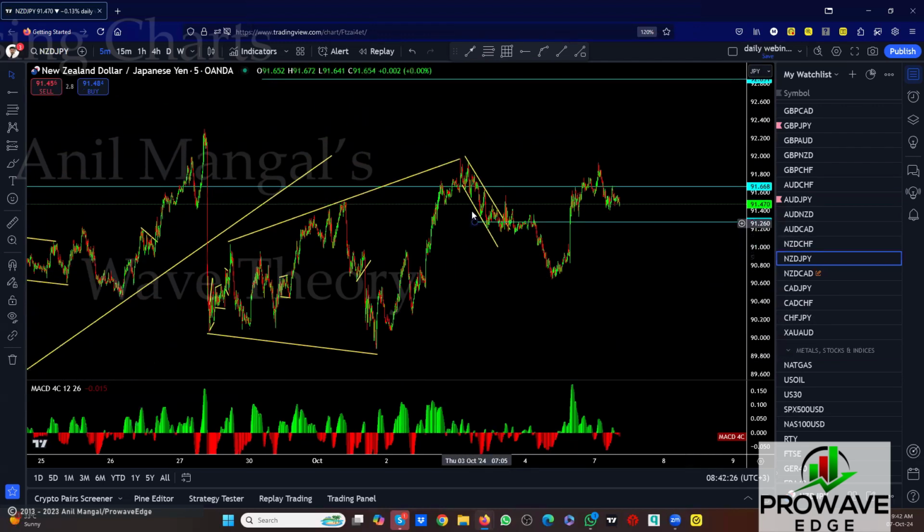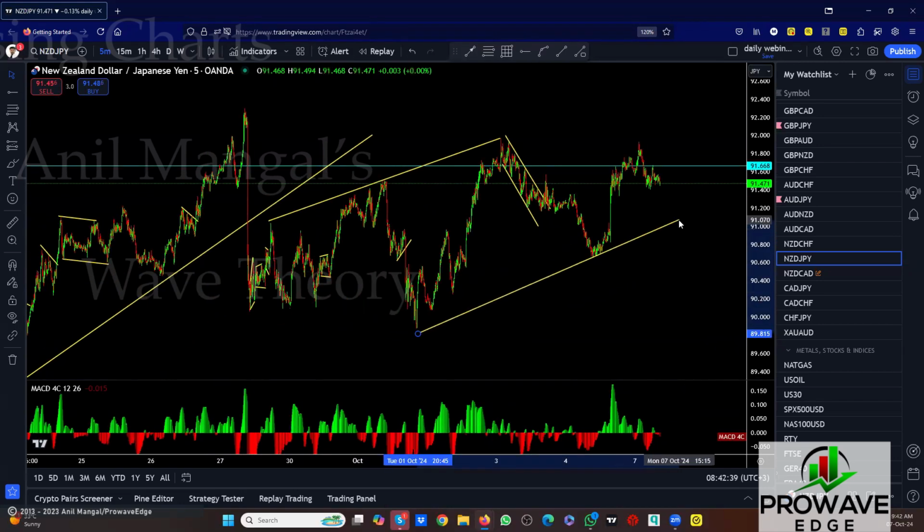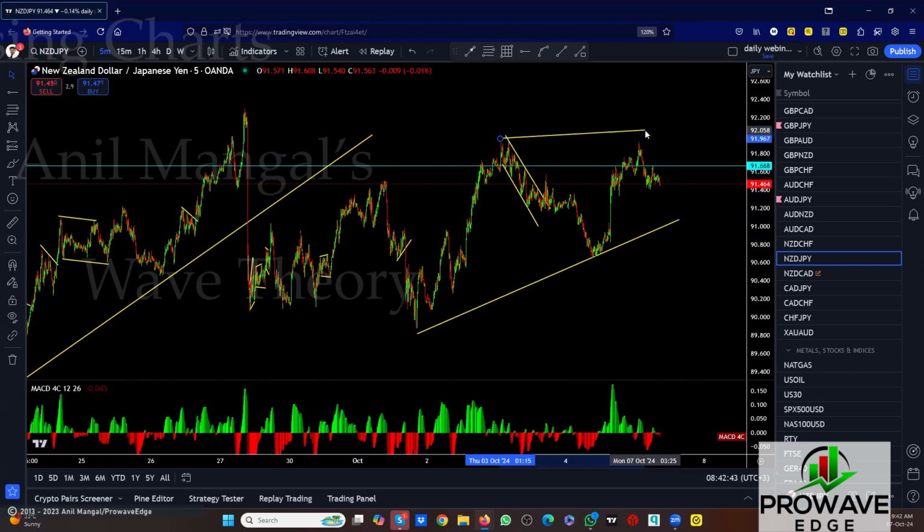This is probably the only one that didn't break this top. But if we're using this as the impulse, we could still be in some kind of consolidation here. Pull this back here. Some kind of consolidation here. You could probably even use this separately. Okay, this could be a 1, 2, 3. And all of it is one bigger consolidation.